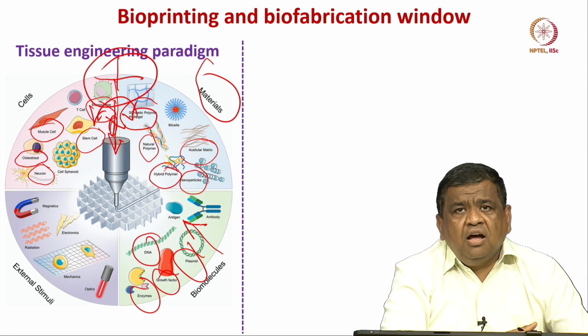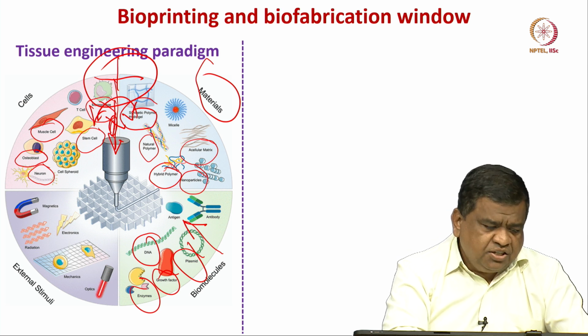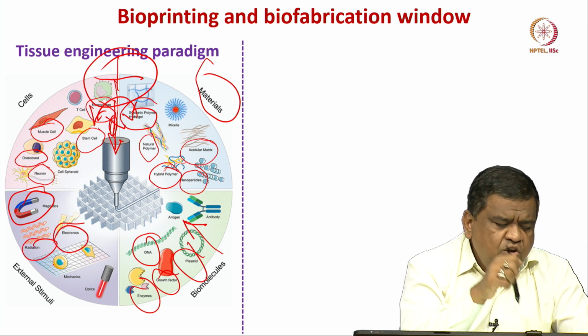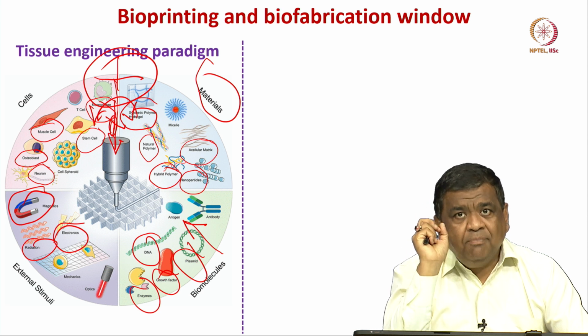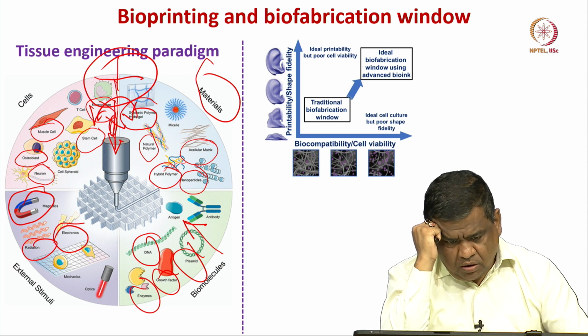So, this is all the story of 3D printing. As I said, in case of 4D printing, you must add some external stimulation, either magnetic stimulation, electric stimulation or certain UV radiation and so on, so that the materials change their shape. So, this is very important, what 4D printing is.